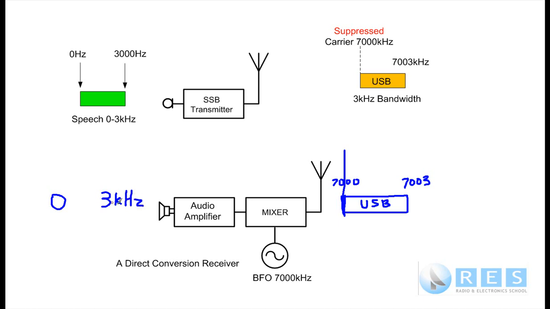Can you see that what we've done is converted the upper sideband, which was a radio frequency from 7,000 to 7,003 kilohertz, by putting that into a mixer and a BFO on the frequency of the carrier, where it would be if it was still there. That will mix with the upper sideband to produce our audio frequency range, and we will hear